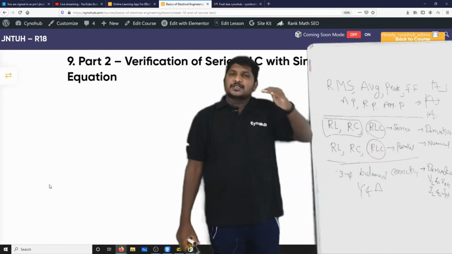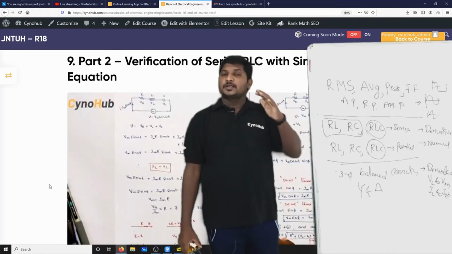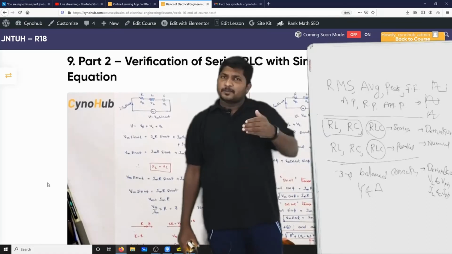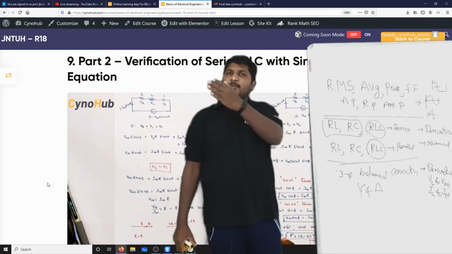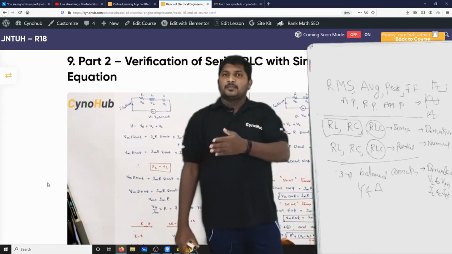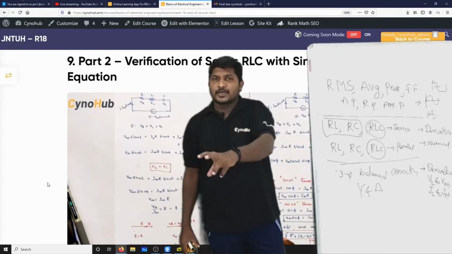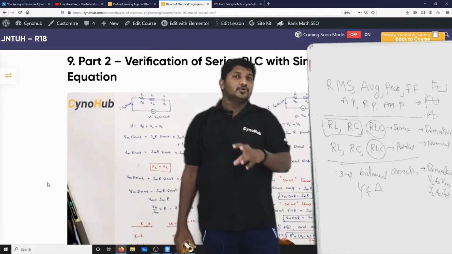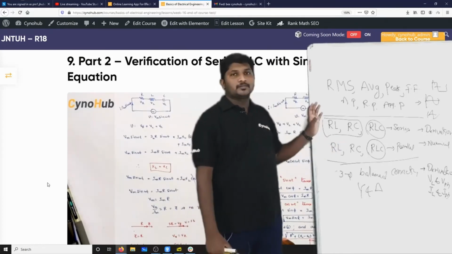First you have to understand that numerical problem. You have to read it once or twice and write the given data step by step. Then write the formulas that you know. Based on that, what are the unknown factors, what are the known factors, and what formulas you have to use. Likewise, you have to solve.